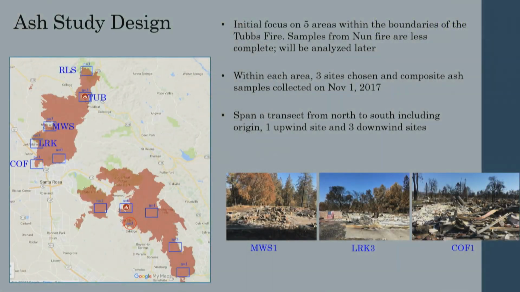The other was the ash sampling. And so Tom Young had a graduate student who was from Santa Rosa and collected about 18 ash samples from homes that had been destroyed. 15 were from homes that had been destroyed, and 3 were from the Robert Louis Stevenson Park, which, let's see,